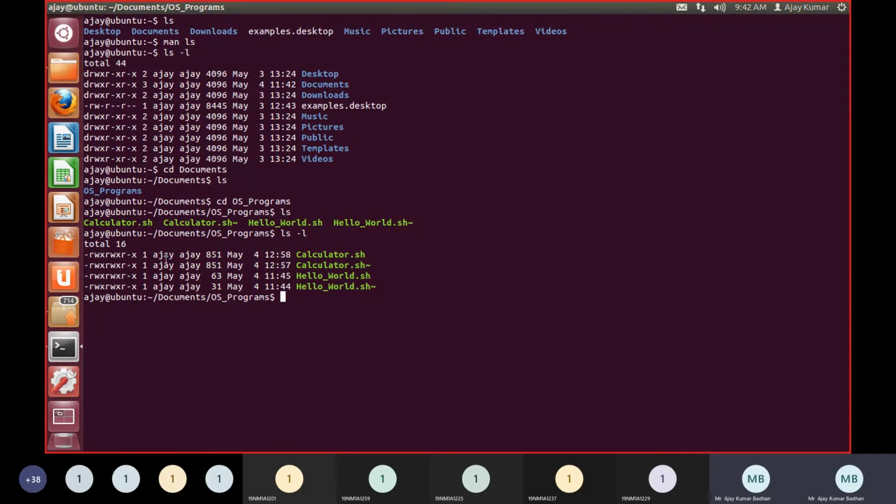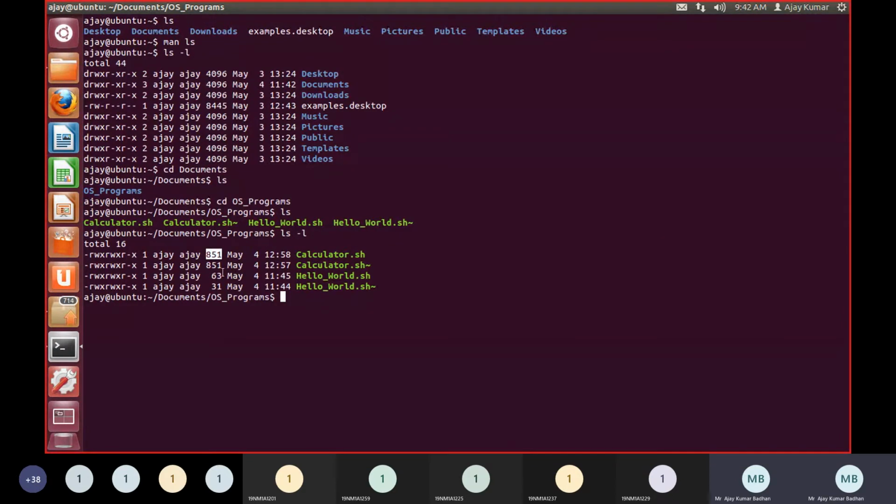And since there is only one file present here, it is represented using one. And what do you mean by Ajay? Ajay here is the root directory, and the subdirectory we have is what is represented here. Since there is only one directory, the root directory, that is my name, Ajay. So that is what is represented here. And how many characters do we have in this? This is the information presented.